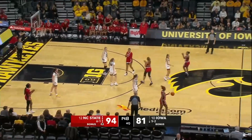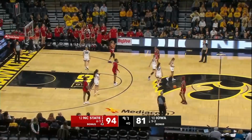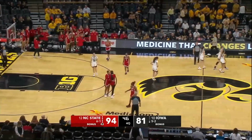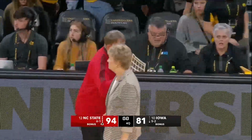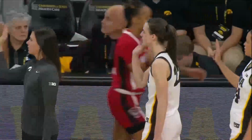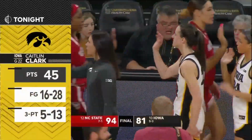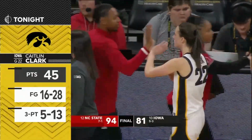The NC State Wolfpack going to go to 9-1 on the season. The Hawks drop to 5-3. Caitlin Clark, 45 points. Just one off her career high, but not enough. NC State shredding this Iowa defense with 94 points. They take it 94-81. Rivers and Johnson each with 22 points. Caitlin Clark, always worth coming to see. 45 points. She'd rather get the win, but instead